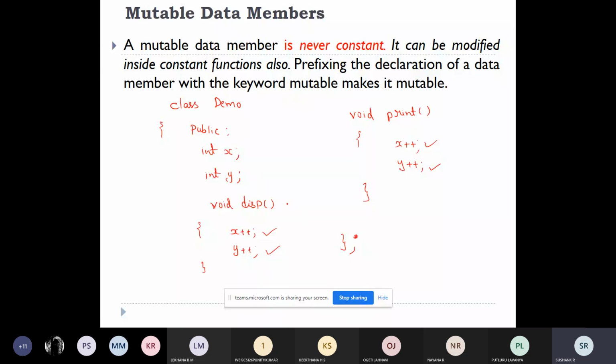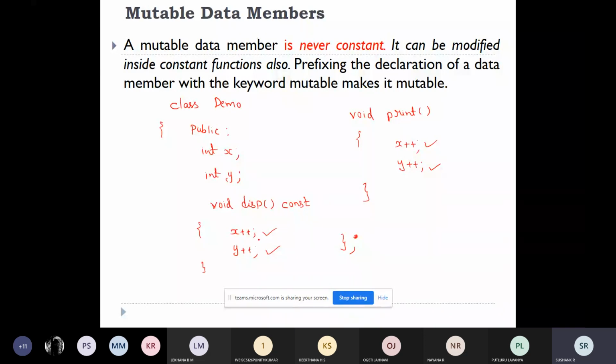But now I will make this display a constant function. Now display is a constant function.